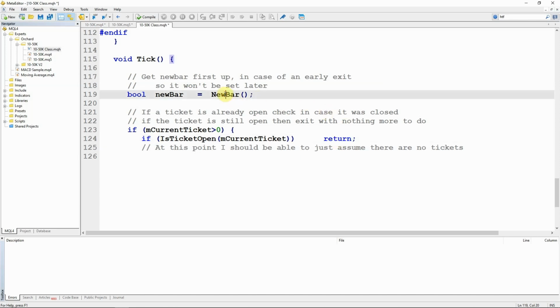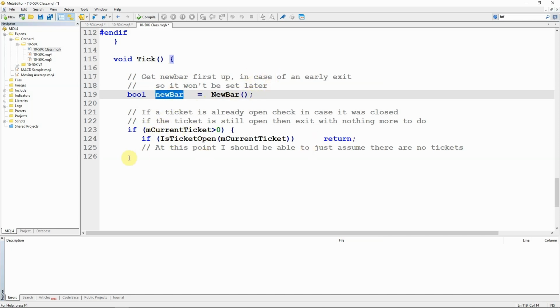Now the reason I've called new bar there before this statement is because I may have a ticket open when there is a new bar. And if I left this and only called it after these exits, I may be well into that new bar, like an hour into a 4-hour bar, before this ticket closes. And then the first time I call the new bar function, it will say that I have a new bar when I don't really. So by calling this at the very beginning of the tick function, it means I know as soon as the new bar has opened, every time after that, this is going to return false. But I'm not testing it here, I'm just capturing the value. And so I will detect the first time I come in on a new bar, and that will be true.